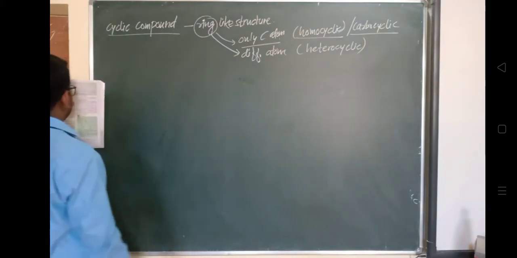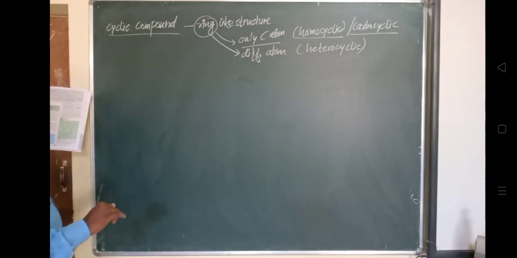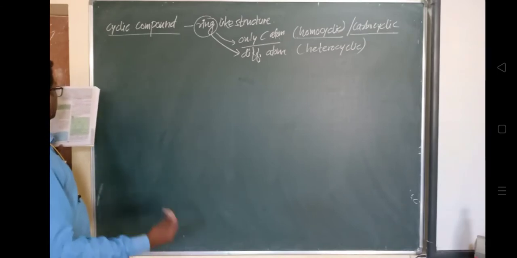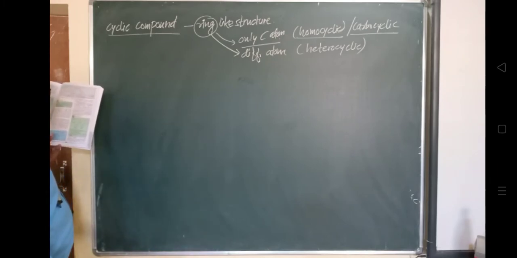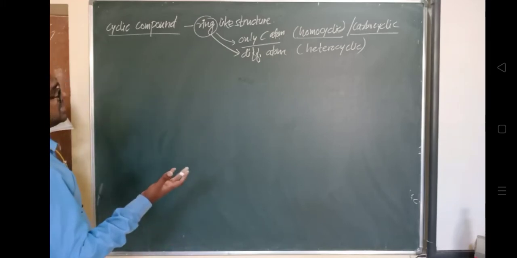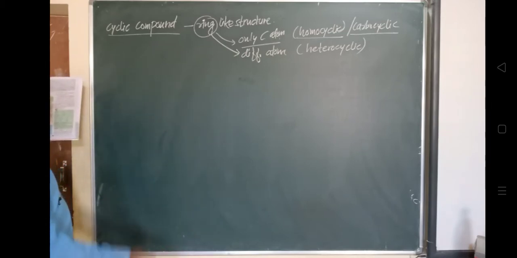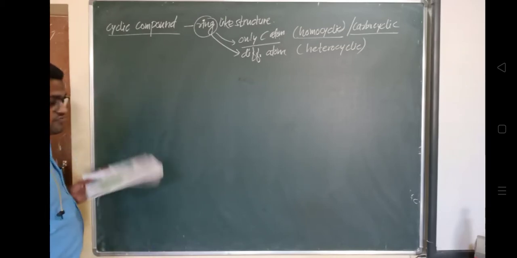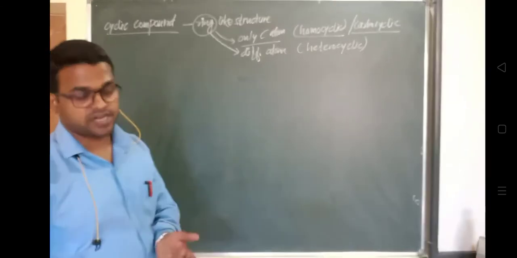Second classification. Carbon is a very essential atom. You know very well that carbon is a very essential atom in organic chemistry. It plays a very important role. One or more hydrogen atoms are present in most of the organic molecules. All the other atoms that are found in organic molecules are called heteroatoms. As I said, hetero means different atoms other than carbon, and that's why it will be called a heterocyclic. There is a diagram given, and thereby you can identify which one is a homocyclic and which one is a heterocyclic. Very easy to understand.